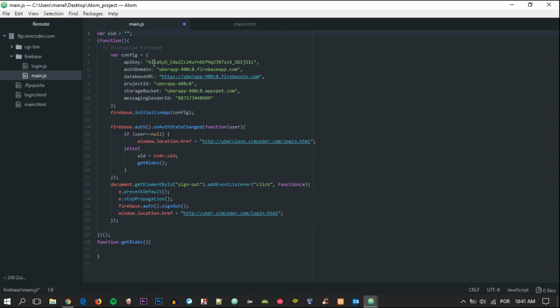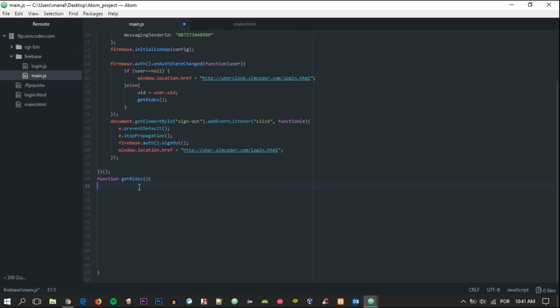Give some space, okay. And then we can get the rides. It is really simple, so just give some space. So const, and this is for constant, so historyDB, and as I've said, the logic is really similar, as you can see. So it will be firebase.database().ref, not inside here but after, dot ref dot child